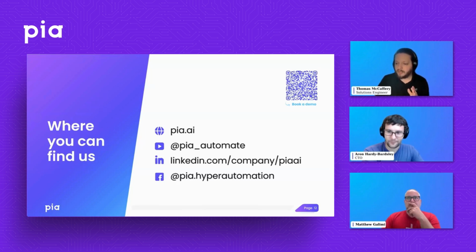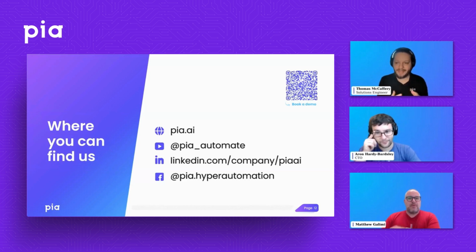Now, this is a question that's been asked a couple of times here, so I'm going to group them all into one. Essentially, when you zero touch a ticket and it runs the full process entirely, what happens after that? Can Pia update the ticket or send an email to the client with an update with those credentials? Is that something that could be added via an extension, perhaps? How does that work and what does it look like?